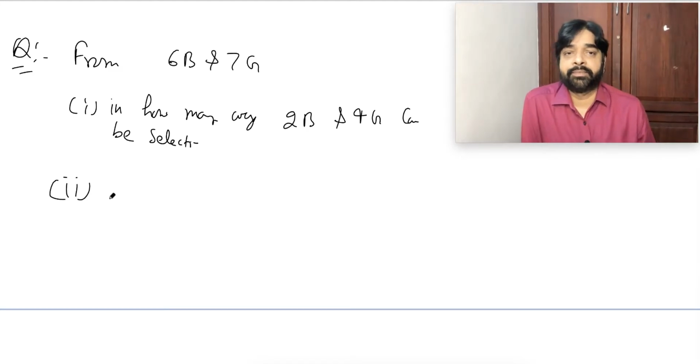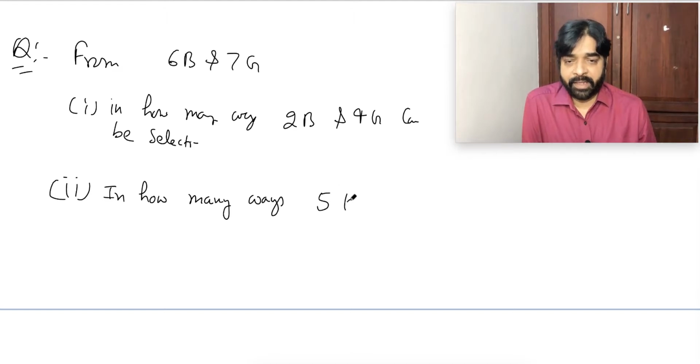Second bit: in how many ways can 5 kids be selected